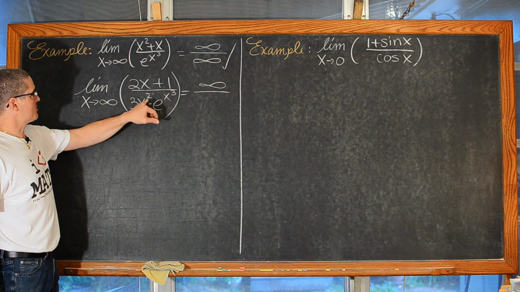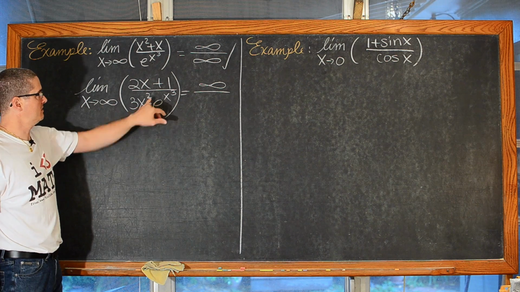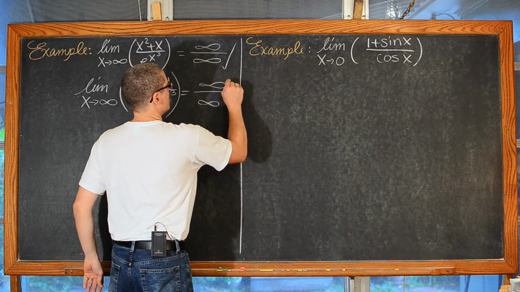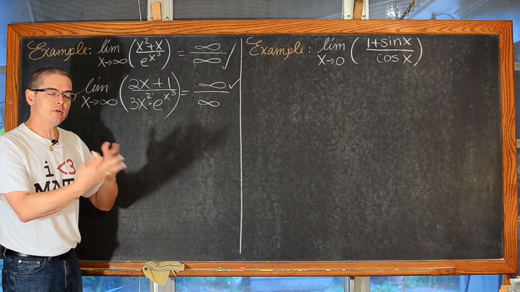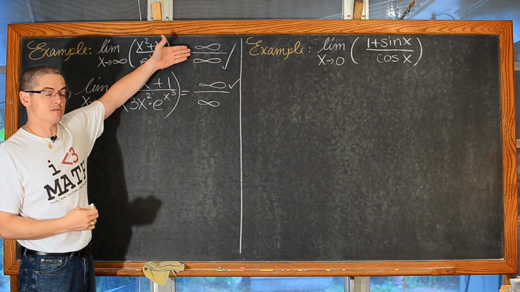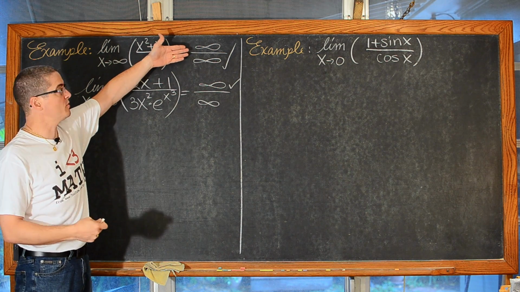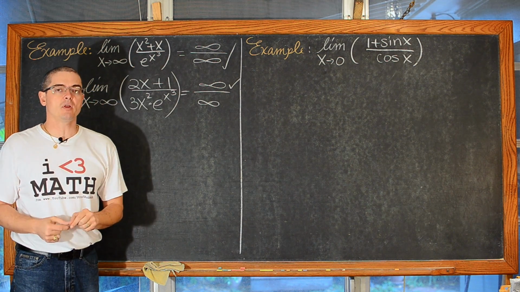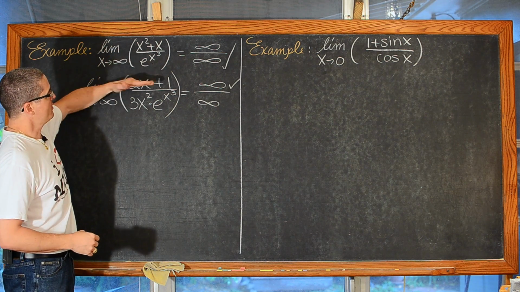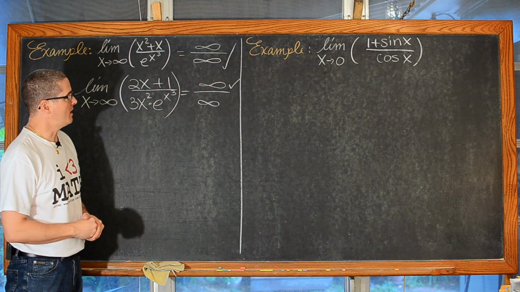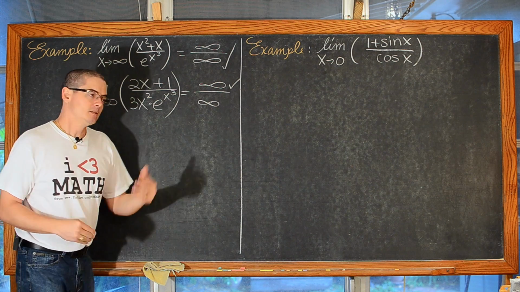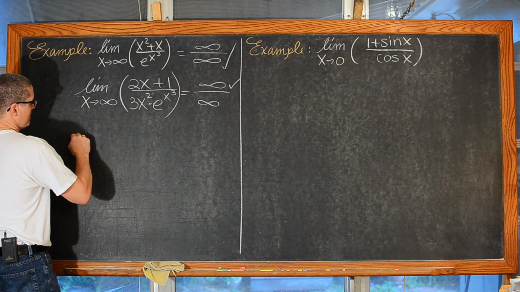And now we're going to let x approach infinity again. Okay, so another one of those problems. Now, what are we looking at in this example? Well, first, 0 over 0 is not the only indeterminate form that allows us to apply L'Hopital's rule. Again, we might need to apply L'Hopital's rule multiple times. Let's see what happens.